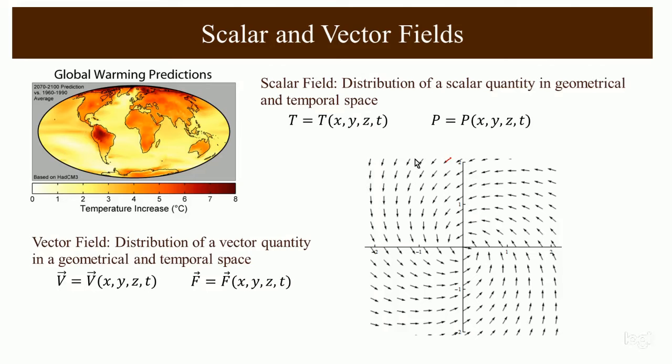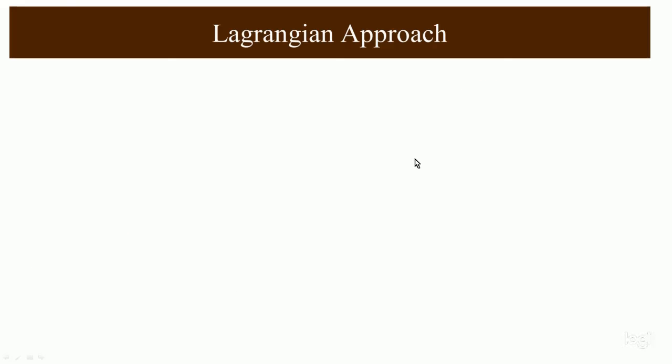Now to understand the velocity variation, or how do you specify the velocity, there are two ways in which we specify the velocity in a flow field. Flow field means a space where flow happens, okay. How do you define the flow? That is done in two ways. One is called Lagrangian approach, the other one is called Eulerian approach. Now let us see what is Lagrangian approach.